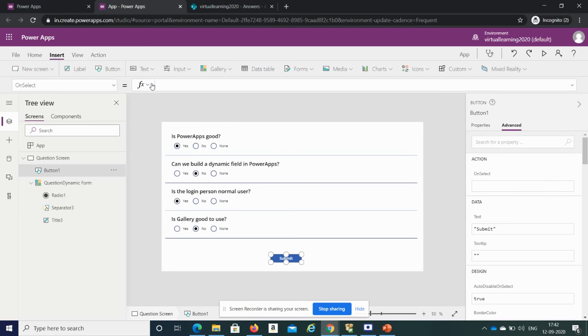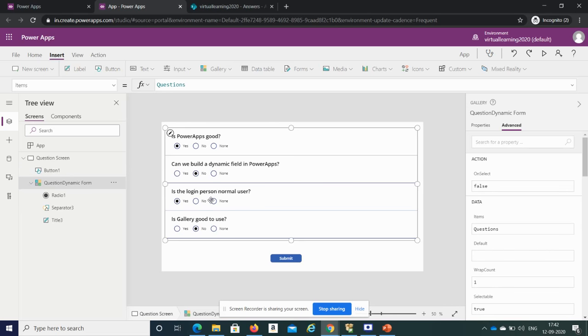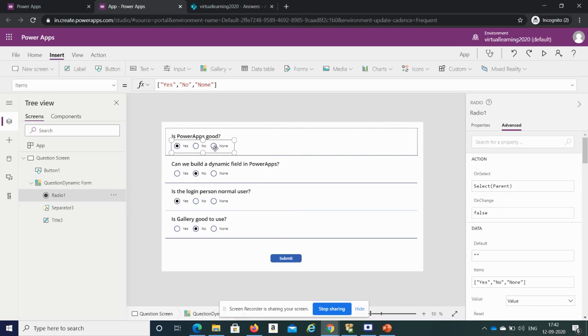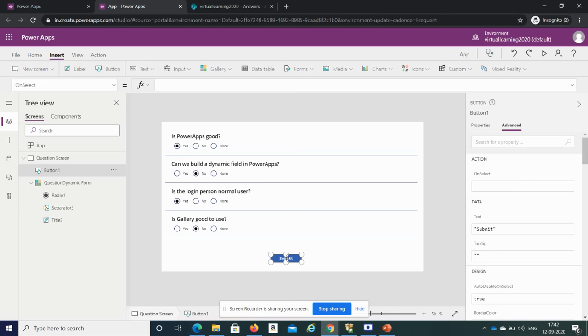So for that, in this question dynamic form, we have a set of data. If it were JavaScript or something else, you would do a for loop, iterate through each of the questions, and save each value to the SharePoint list. In that way you perform the action. But in Power Apps we don't have a for loop or anything like that.